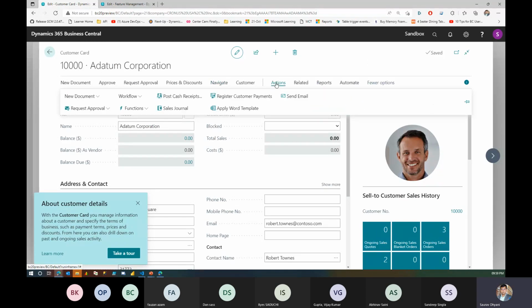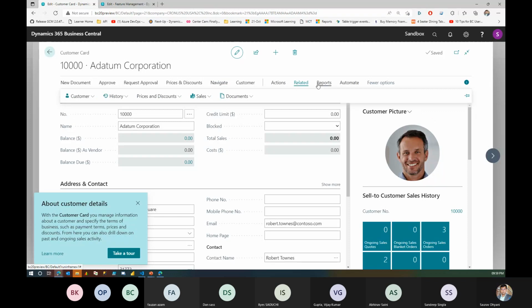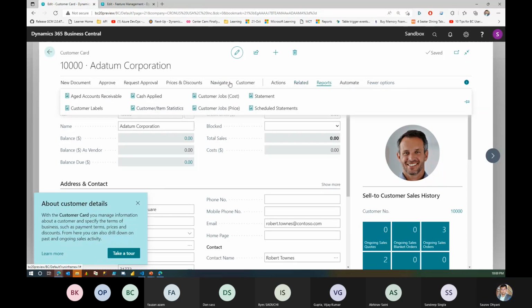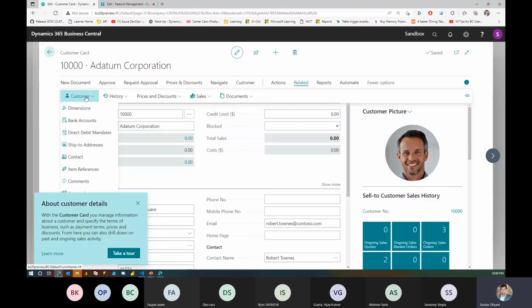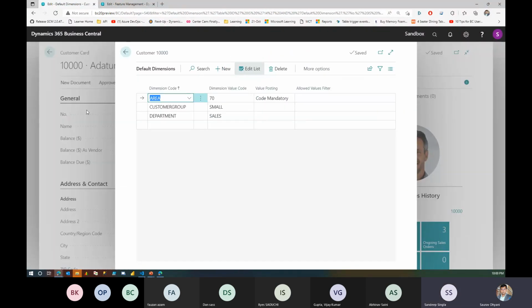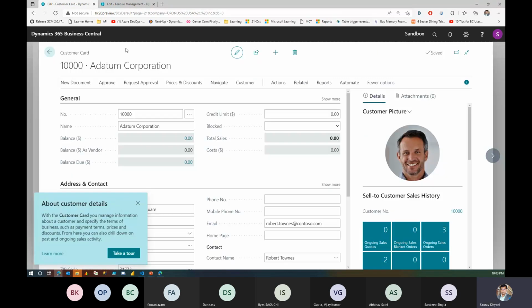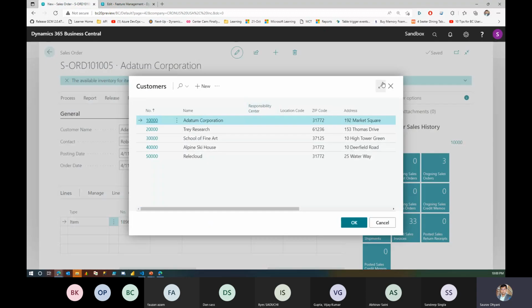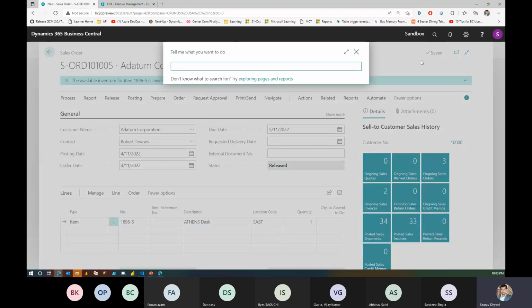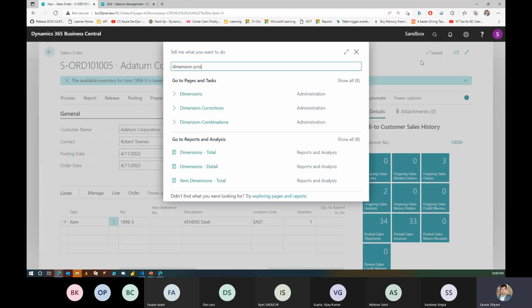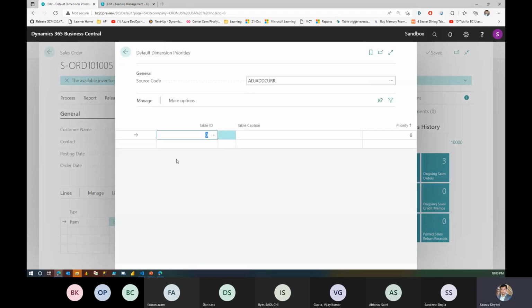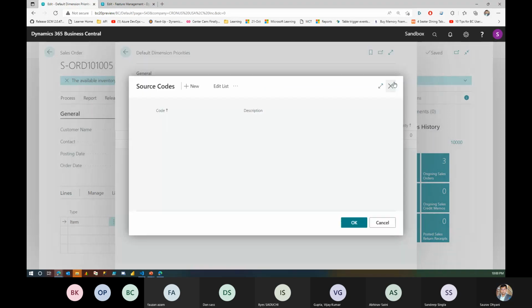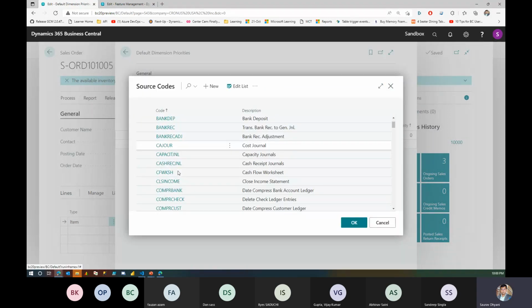Okay, there is dimensions. Related customer dimension. Now, yeah, here it is, code mandatory. And if I look at the dimension priorities, that will clarify it. For dimension priority, and if I look at, say,